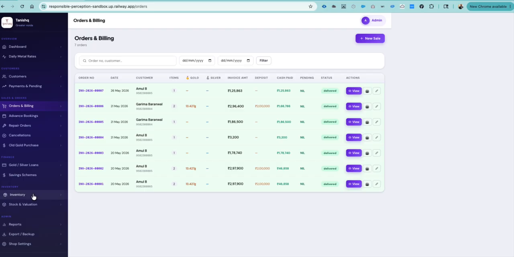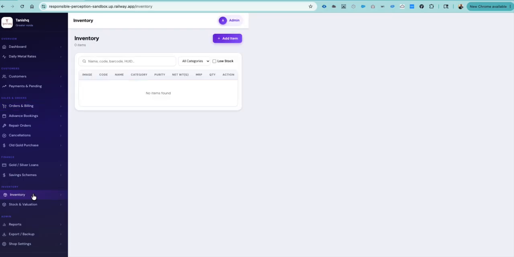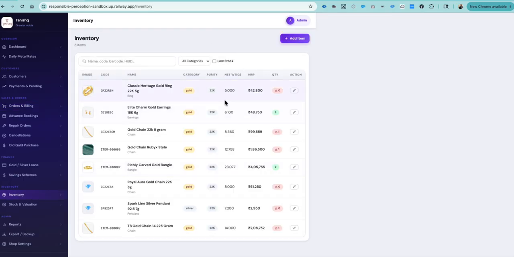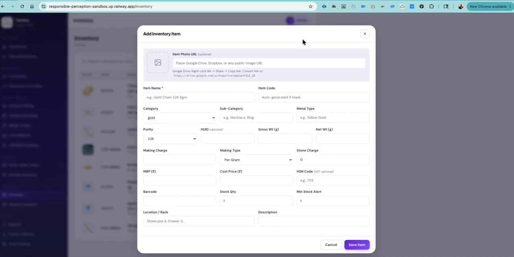Let's discuss how to create an inventory. So I will come back here on the inventory tab and then click on add item. You can create any one of the inventory here. So let's suppose I would like to create one gold chain, 22 carat, metro style. Okay,